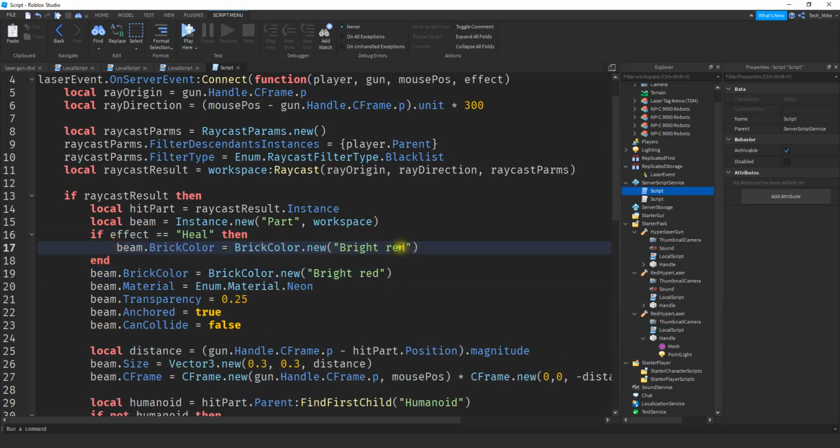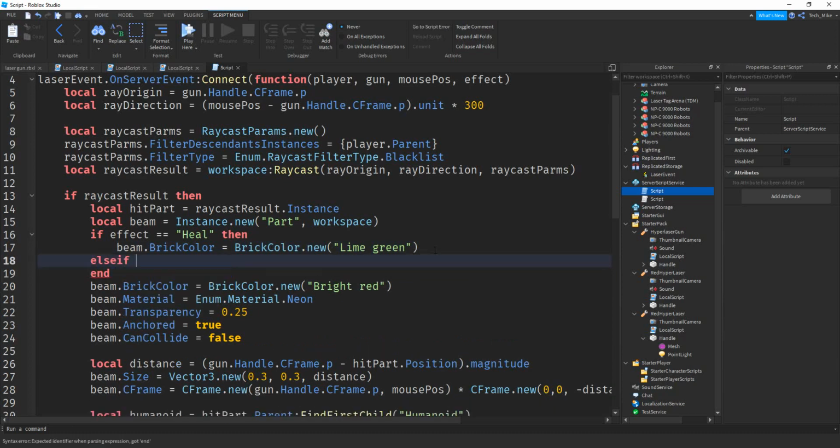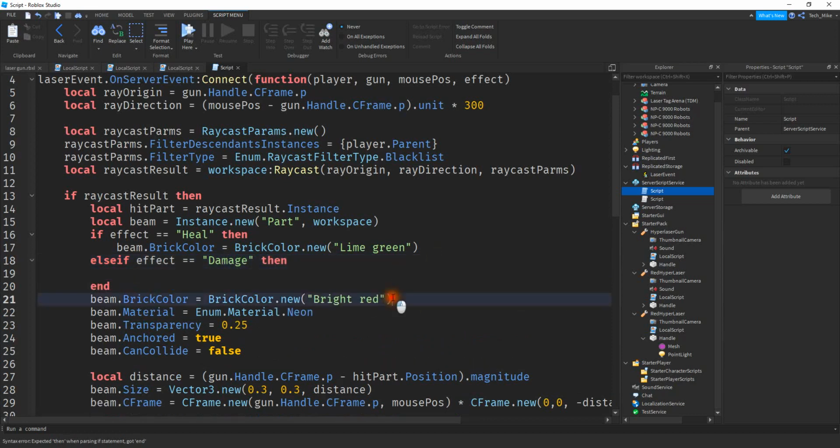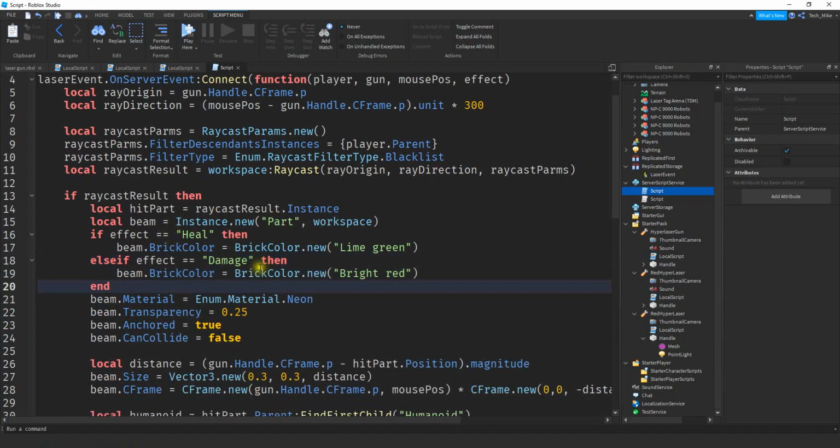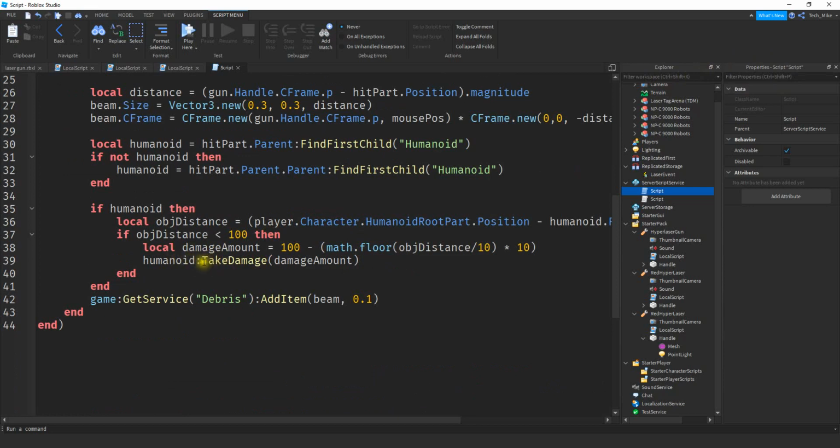We're going to change that color to green. Let's go ahead and choose lime green. And then we're going to say else if effect is equal to damage, then, and here we're just going to use our regular red. There we go. So depending on what type of shot it is, either heal or damage, it's going to be either green or red. And finally, down here under the damage section, we need to change the damage depending on